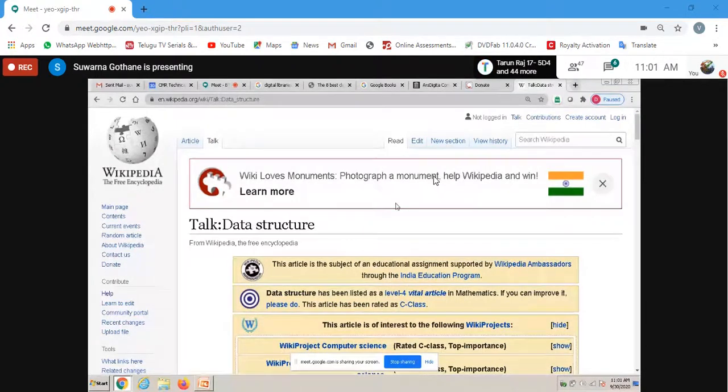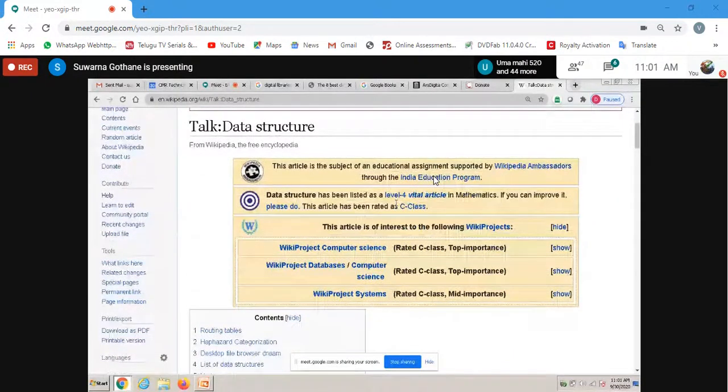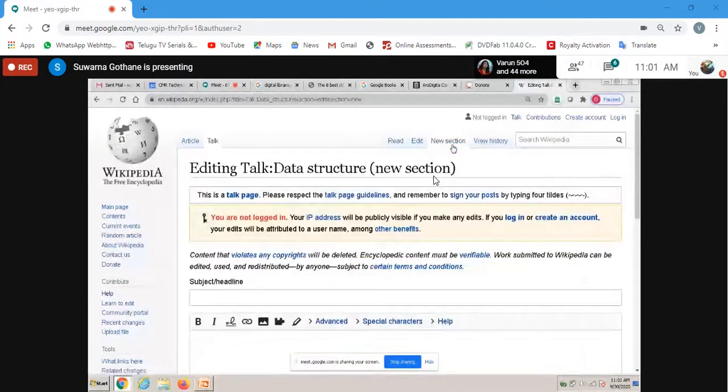A lot of options will be there. If you would like to hide some information, we can hide or display it to the normal user. Or suppose within the last one day some new things have come, that also you can update. Advanced and all these things you can use here.